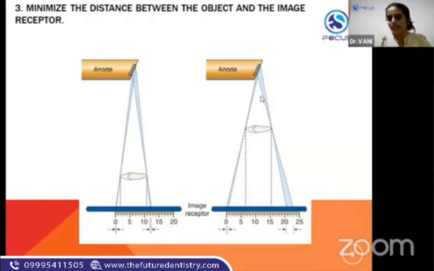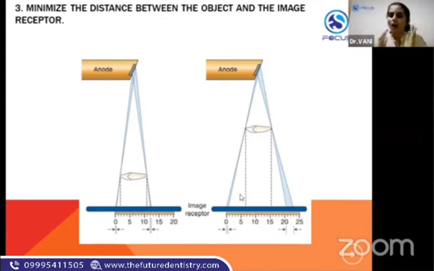But in the second picture, you can see the distance between the focal spot and the object is also very less. That is one defect. And another one is the distance between the object and the image receptor is too long. So what happens? The X-ray beams after touching the tooth are again diverging so much, right? As the divergence increases, the area of unsharpness also increases. So here you have a large area of unsharpness, and even the size of the tooth gets magnified a lot. So that is what we'll be dealing with in the next session.